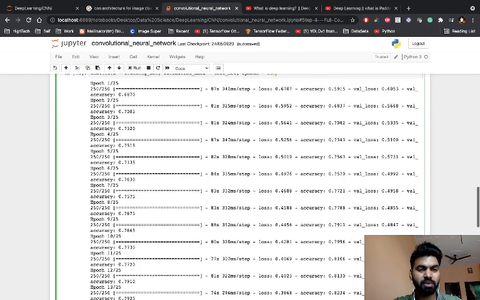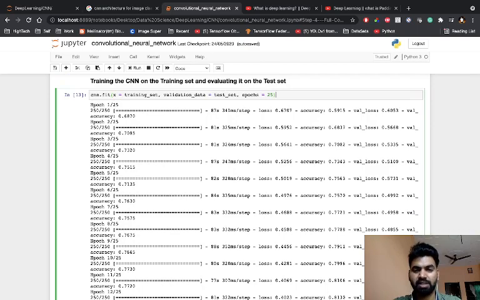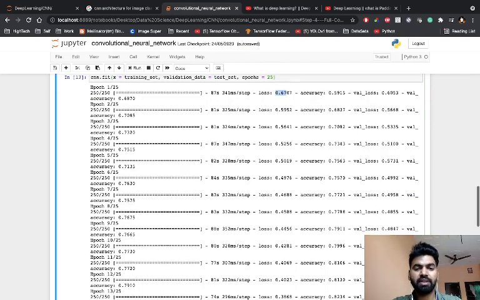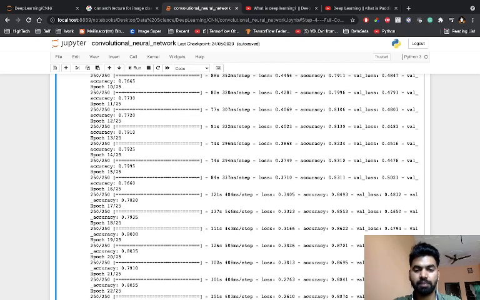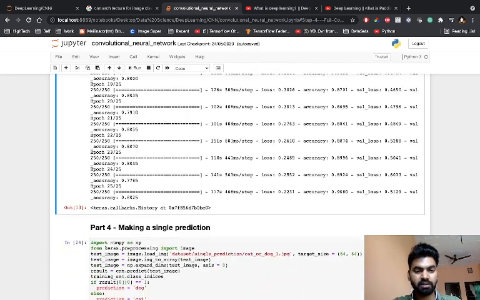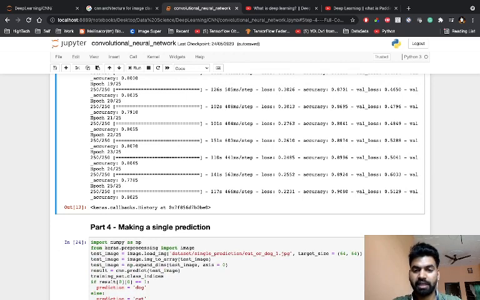You will see that from the first epoch we are getting an accuracy of 67%. After that, somewhere in the middle it's reducing, and at the end you will see we are getting 90% accuracy. It's very huge and very good, but we can see that we are getting some overfitting here. That is a different problem we need to deal with. But congratulations, it's a very high and significant accuracy, we are getting 90%.